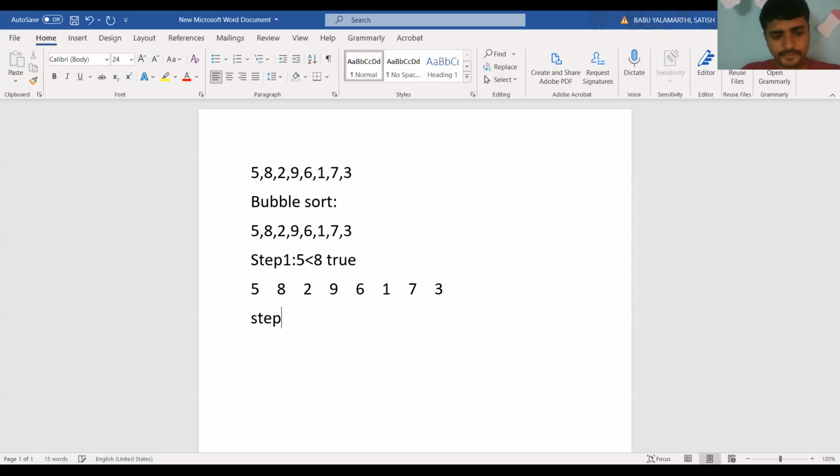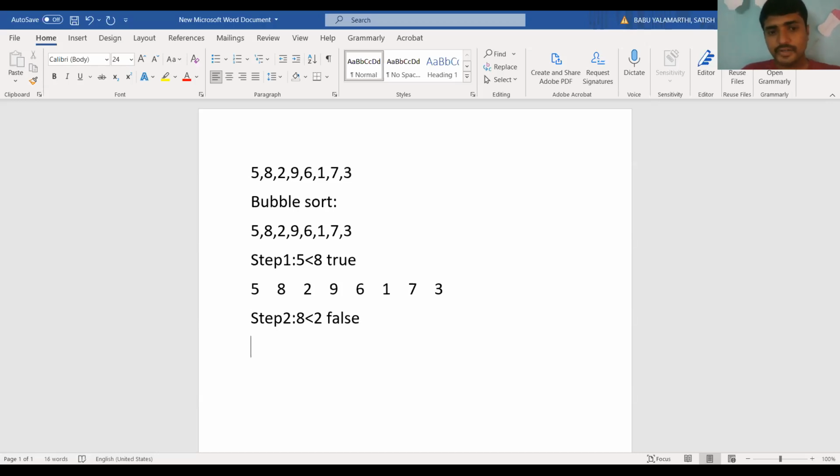Step 2. Next, check the next two elements: is 8 less than 2? Is the condition true or false? The condition is false.